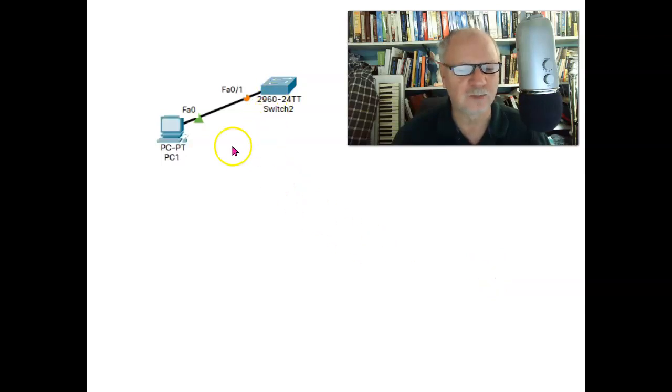The first item of business in port security is to shut down all of the ports that are not being used. Now, normally I would do that first, but in this case I'm going to wait until later because I want to introduce another command, how to select all of the interfaces before we do that. So right now I'm going to pay attention to FA01, which this PC is plugged into.